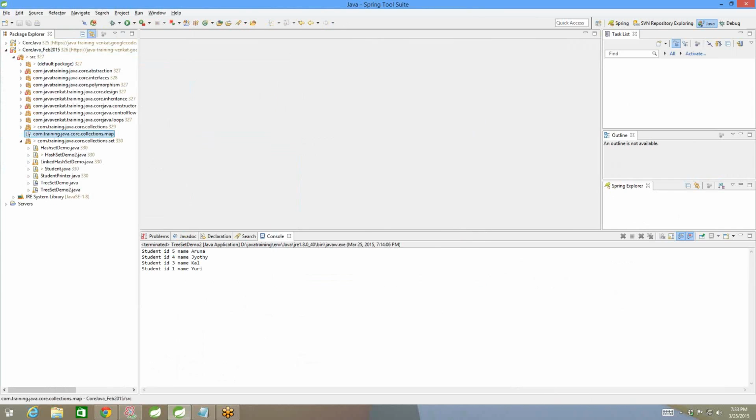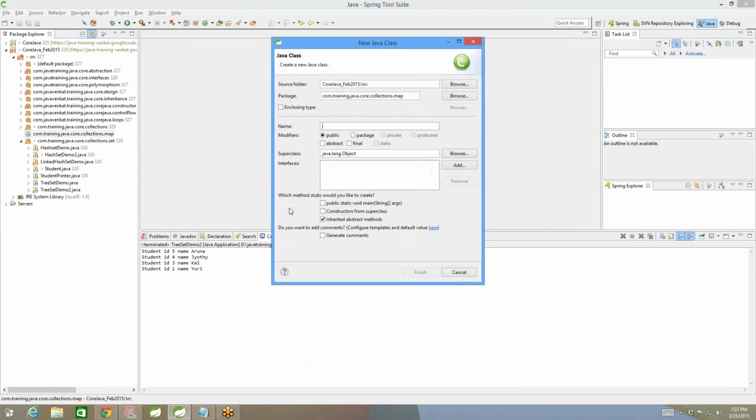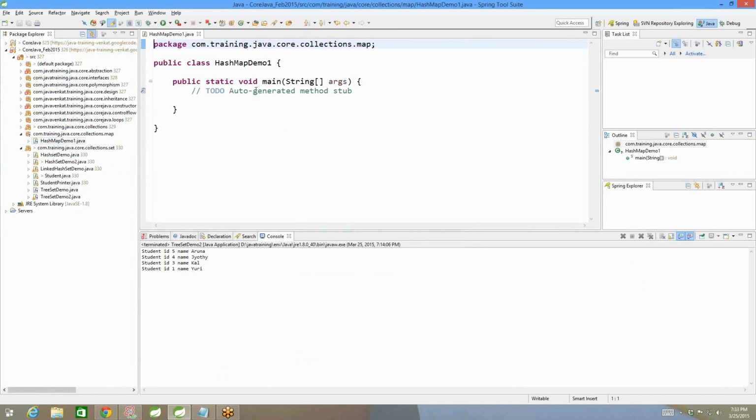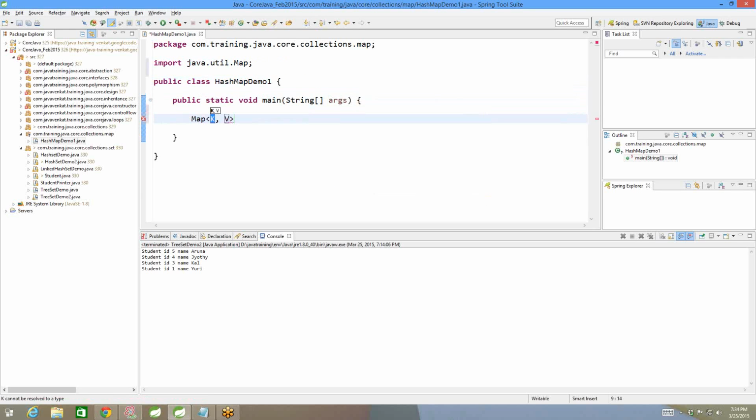Collections.map. Okay. Let's say HashMapDemo1. Fantastic. And then I'll say Map of key and value. You have to say at compile time itself what object you are using as a key, and then what object you are using as the value. I'm saying String and String because my keys are strings, my values are also strings. Okay? I'll say phoneBook equal to new HashMap